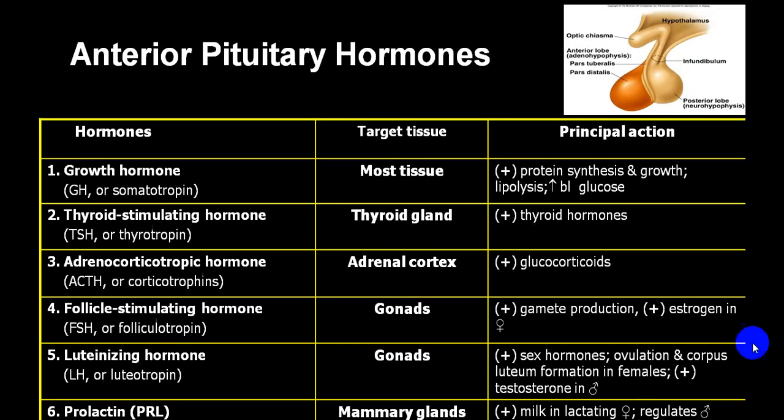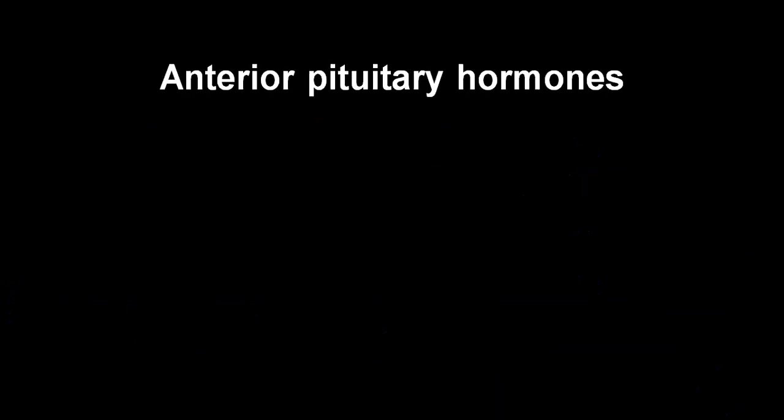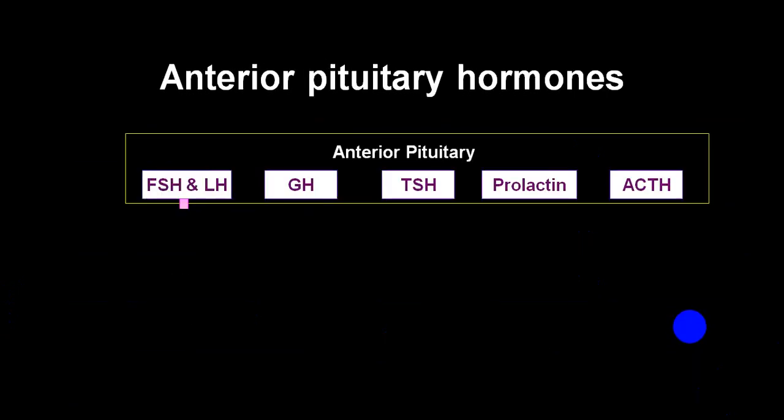Now these are all the slides which will tell you this is a growth hormone, this is the target tissue, what does it do, thyroid hormone, what it will do on the thyroid gland, ACTH on adrenal cortex, gonads, luteinizing hormones, what it will do, and prolactin will be acting on a mammary gland, and this is the effect. We have already mentioned before, so I am skipping over that. This is again a slide showing you the same thing.